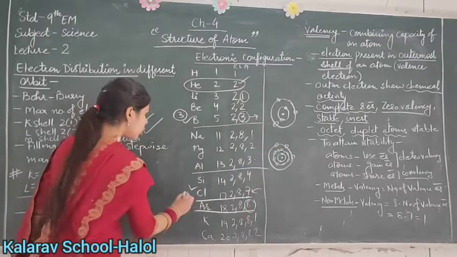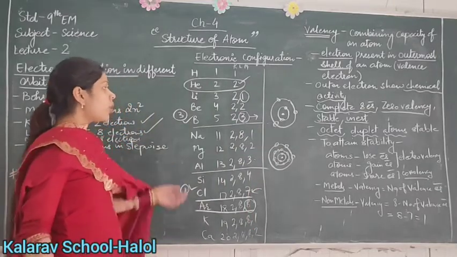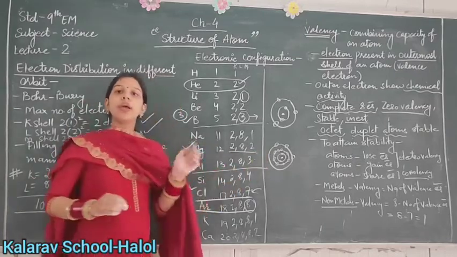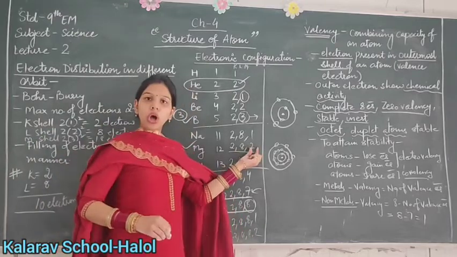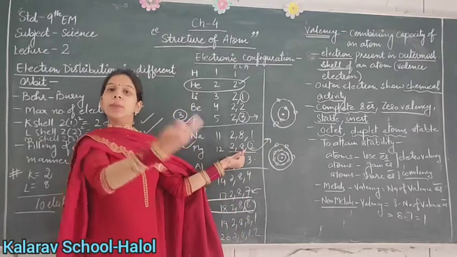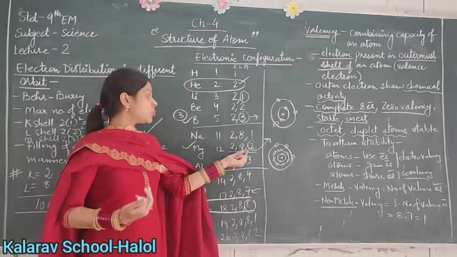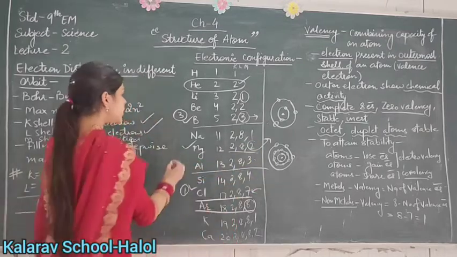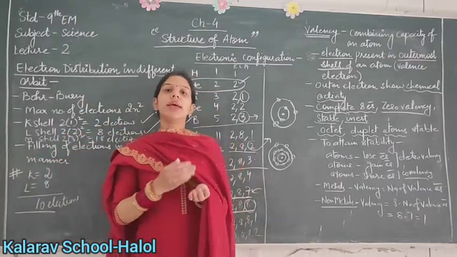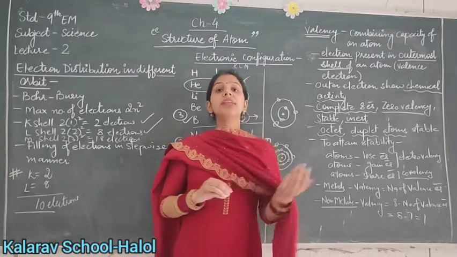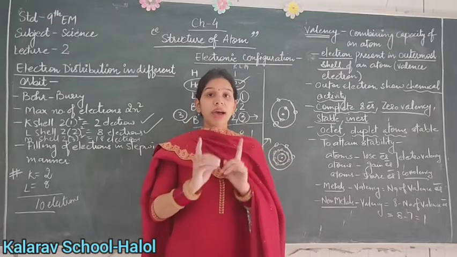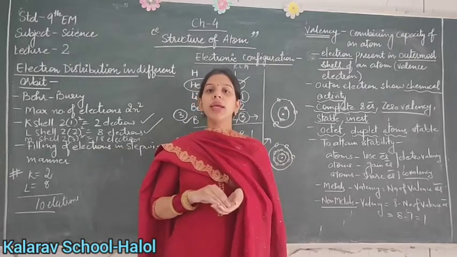So what is the valency for chlorine? That is 1. For example, in magnesium, you can see 2, 8, 2. So 2, 8, 2 means the last shell has 2 electrons. If it loses those 2 electrons, it has 8 electrons in the previous shell. That is the stable shell. So 2 electrons can be lost, which means magnesium has valency 2. In this way, we can calculate the valency of different types of elements. As we already did valencies in the previous chapter, you can revise Table 4.1 in your textbook.